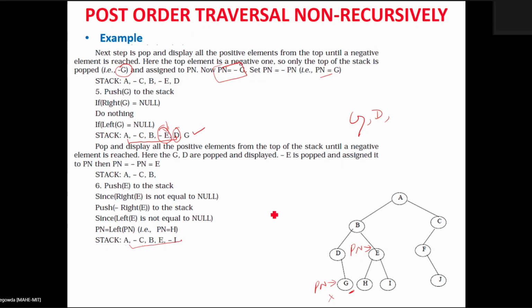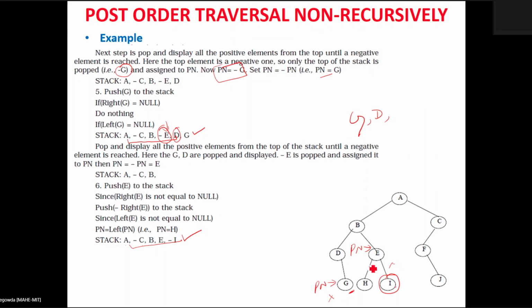Then after that, I am going to check whether the right subtree for E is null or not. Since the right subtree for E is not null, you have to push the negated value of I onto the stack, so I is also pushed on the stack. Then I am going to check whether the left subtree for E is null or not.